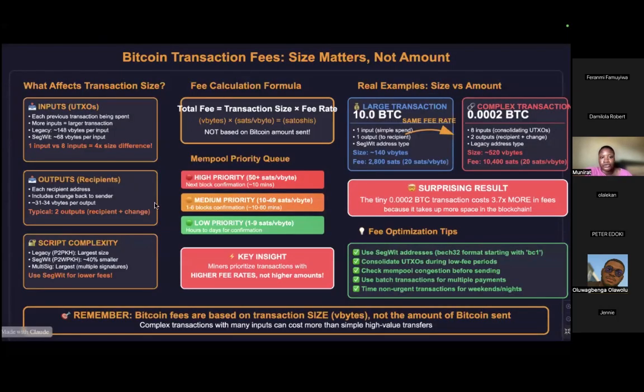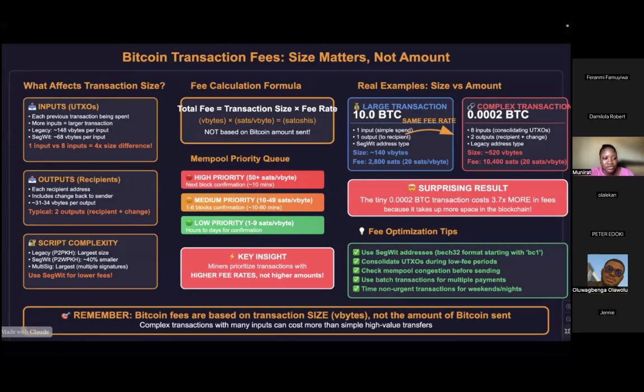So this chart just shows some things to know. For Bitcoin transaction fees, the size matters. That's your transaction size and not the amount. You might be sending 0.02 BTC and somebody is trying to send 10 BTC, and you are even paying more than that person. It depends on your input and your output. Like I said, if it is 1, 200, 200, that's three notes, that's like three inputs. That will affect the size.